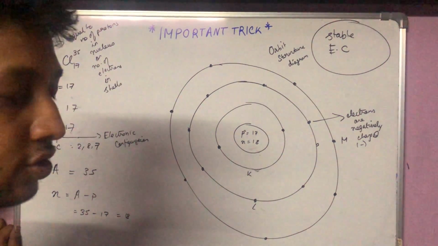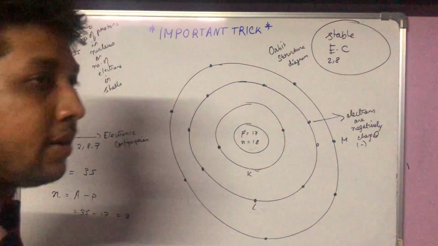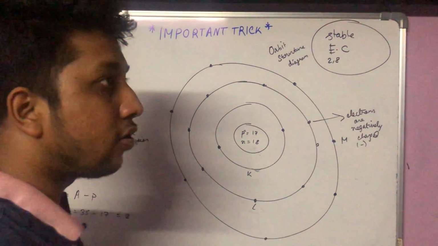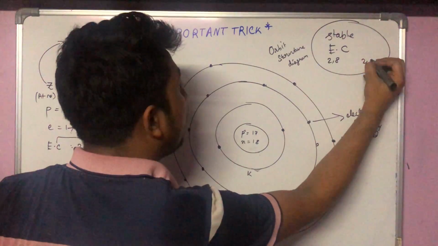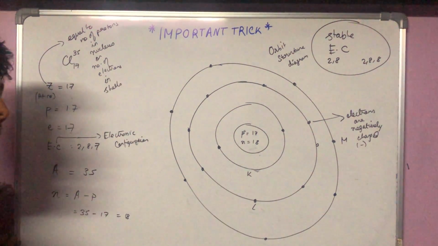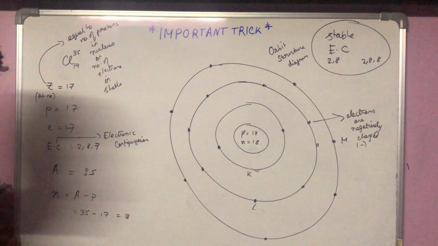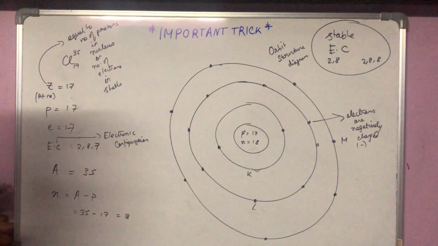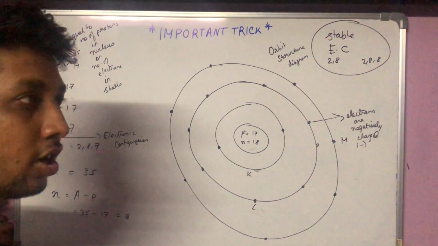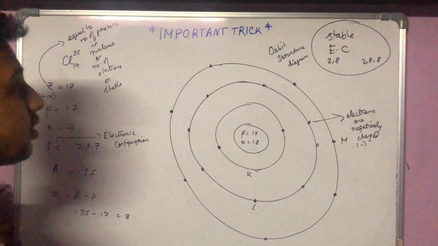What is stable electronic configuration? Stable electronic configuration means that the shells should be completely filled. So you have 2,8 as a stable electronic configuration. Then you might also have 2,8,8 as a stable electronic configuration. Now remember, according to 2n square rule, I had told you that the maximum number of electrons that can stay in the third shell is 18. But for now, you will have to consider that the maximum number of electrons that can stay in the third shell is also 8. There is a reason behind that, which is known in higher classes.